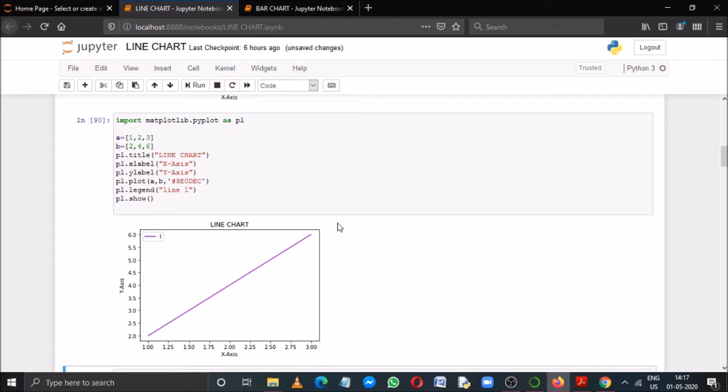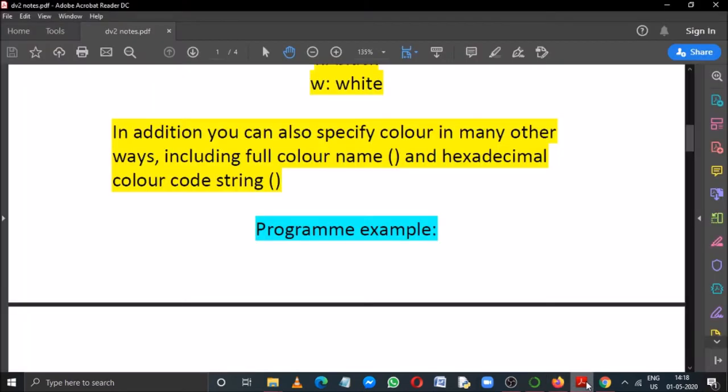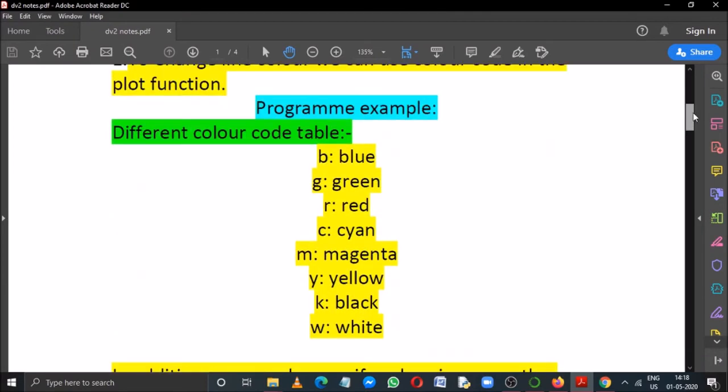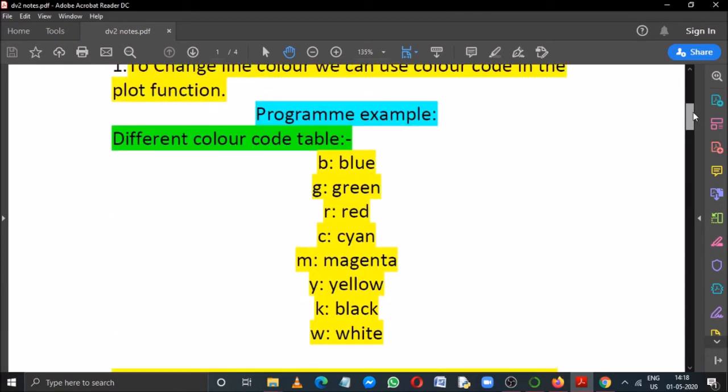For each and every color shade, there is a different color code available. So you can use the basic color codes only that I have told you earlier. This one you can remember, and if you want anything else, you can search the color code from Google and you can use it always.